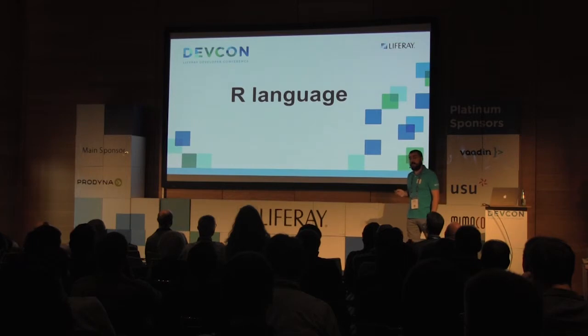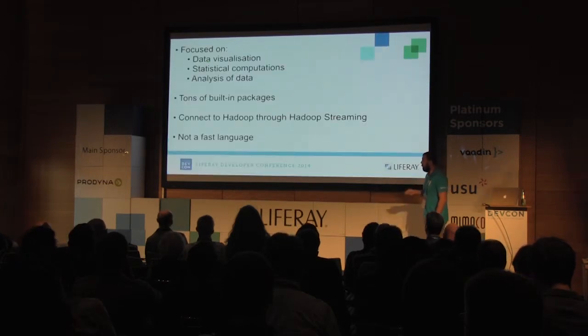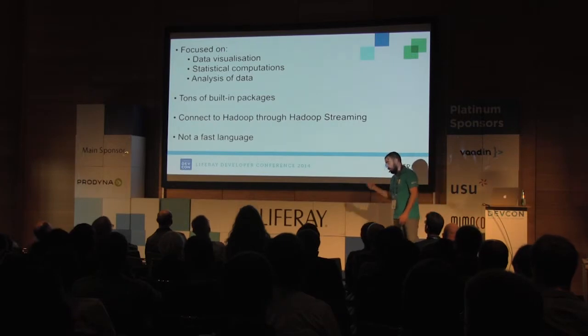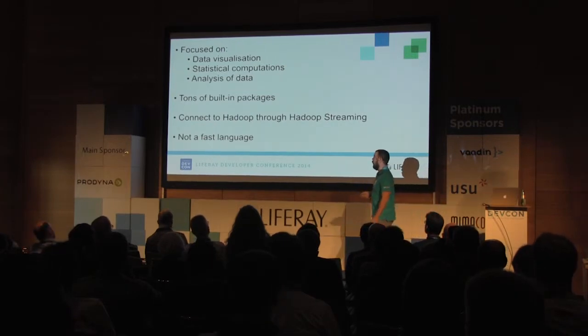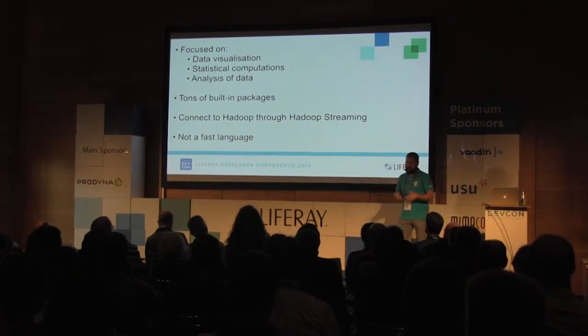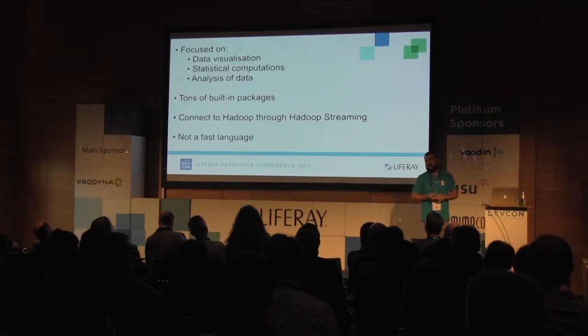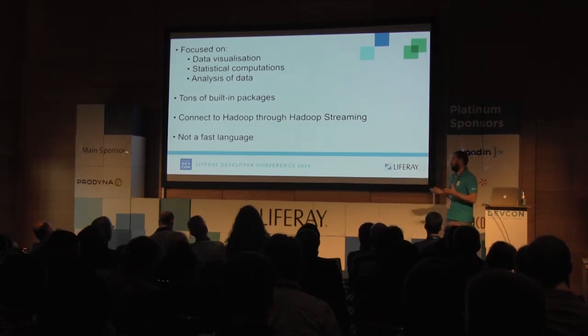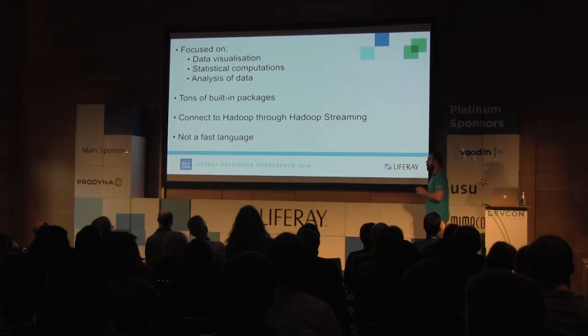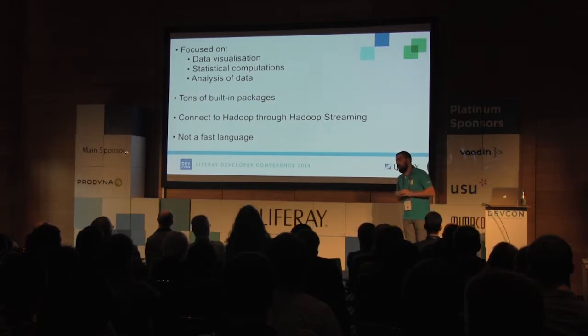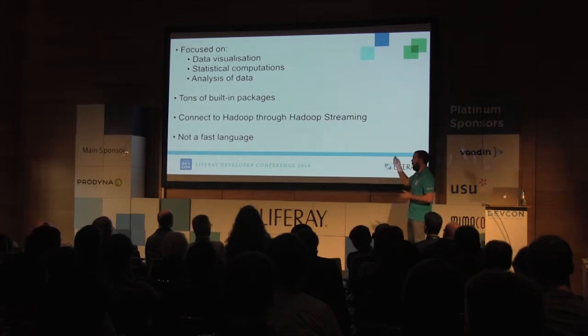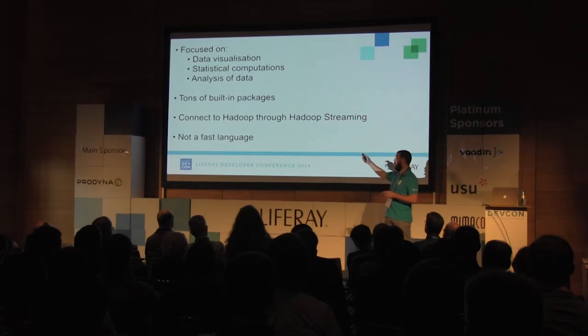Okay, R is a statistical language focused on data visualization and machine learning. It's really the most powerful language for doing machine learning stuff, but it's pretty slow. If you move to proprietary implementations of this kind of languages like MATLAB or maybe SAS, they are much faster, but actually R is a really powerful language, and you can connect to Hadoop too. And they are improving a lot.